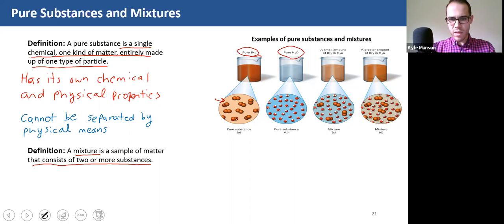So again, for the bromine here, there's just one type of particle, same with the water, but obviously in the mixture, both particles are present. And what I mean to say before about not being able to tell at the macroscopic level is that the pure bromine sample looks a lot like the sample that has a lot of bromine and a little bit of water. So one of the things to keep in mind for these mixtures is that the properties